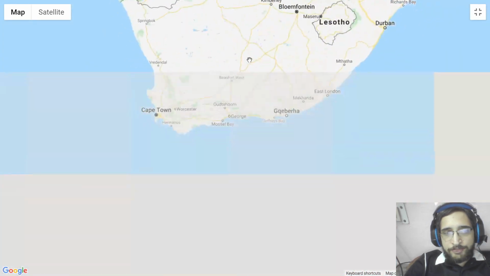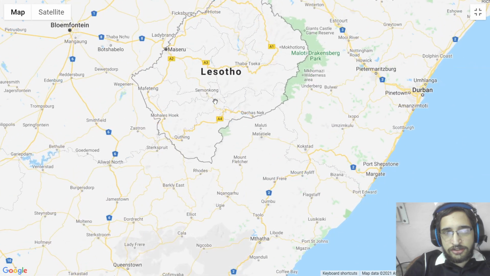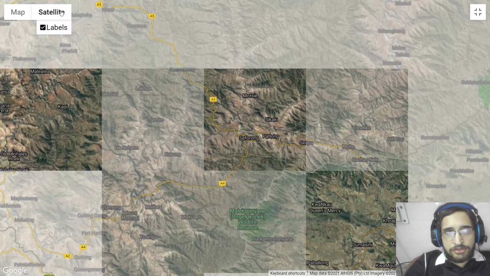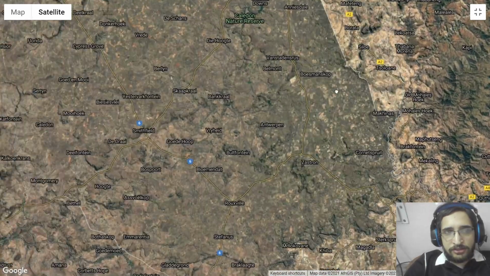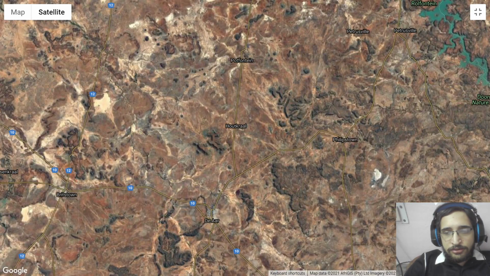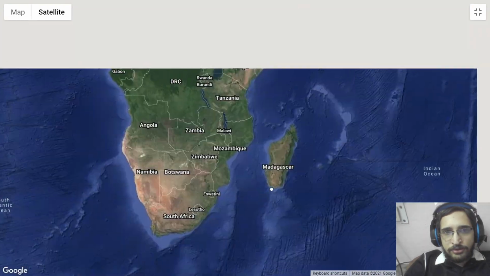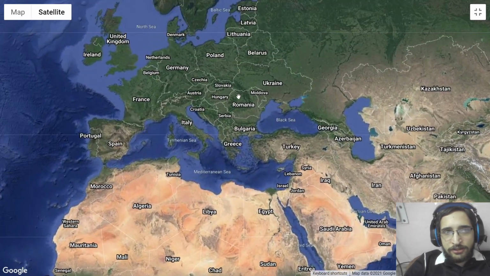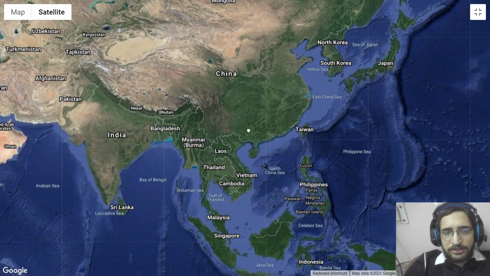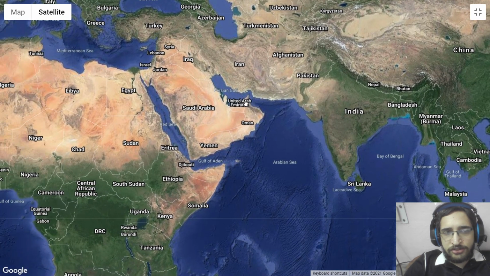So basically you can go into any location, just by clicking it and it will go in like this. You can also switch to satellite mode as well. You can see this will be converted to satellite. So a very good map is there. If you want to see this inside your website also, I will be guiding you step by step on how to implement this Google Maps and display it inside your React.js application.